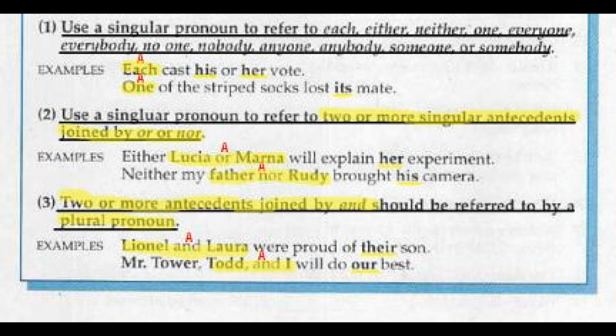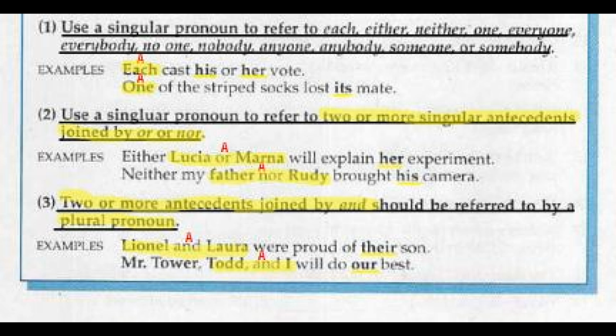Okay, the next one is one, the antecedent of the striped socks lost its mate. Now you've got to kind of ignore that prepositional phrase of the striped socks and match the pronoun with the antecedent, which is the noun one. So one lost its mate. Okay,